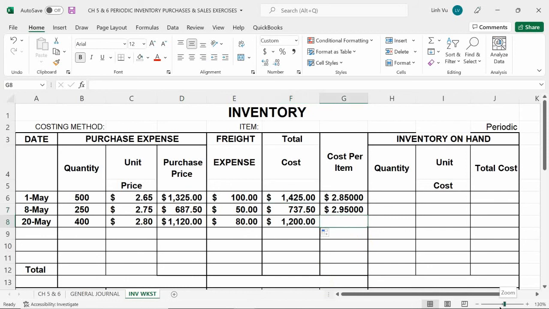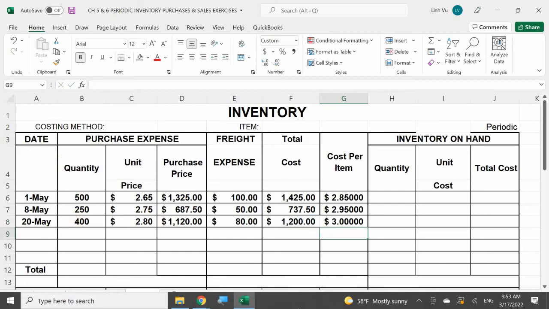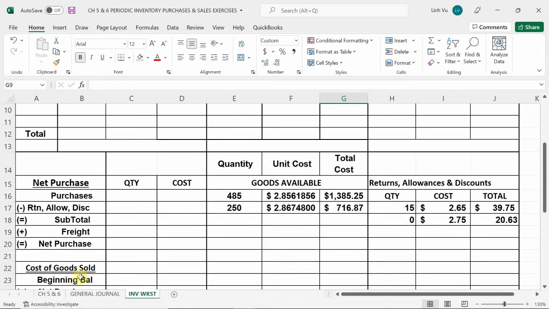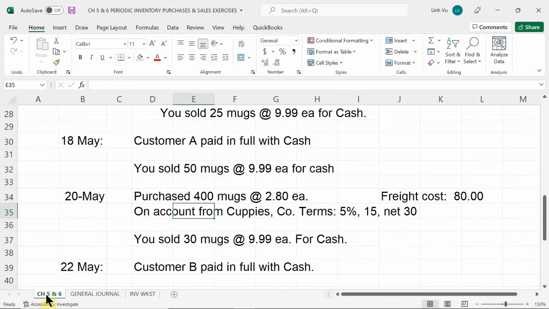So in this case, what is going to be my cost per item here? $3 even. Good. Right, so let's go ahead and see what else happened next. So I journalized it and then I put it in my inventory worksheet. So here we are going to